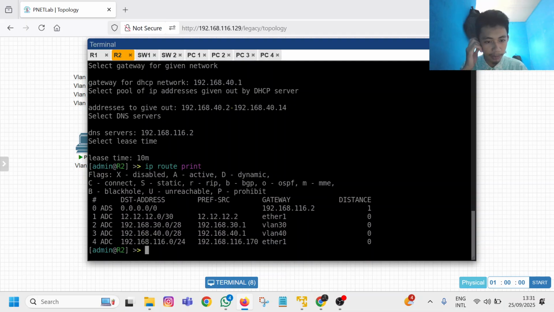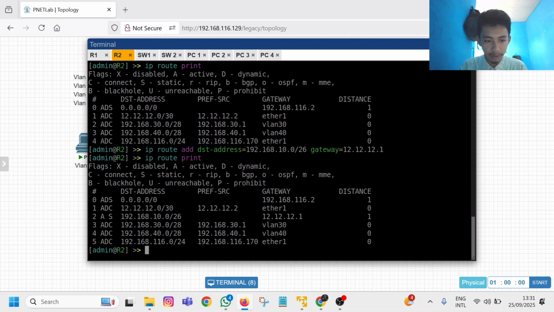As you can see, we don't have any. I'm gonna try to IP route at the static address 192.168.10.0/26 on the gateway 12.12.12.1.